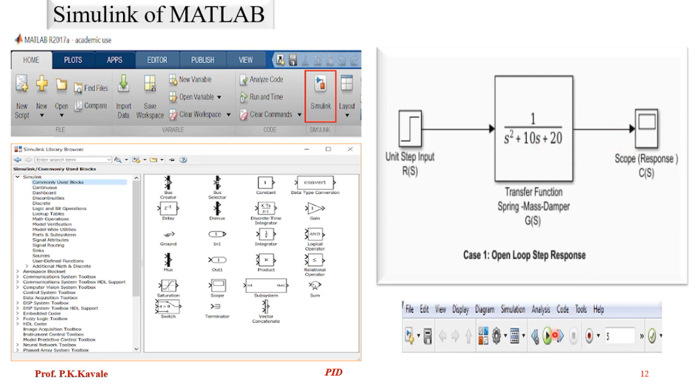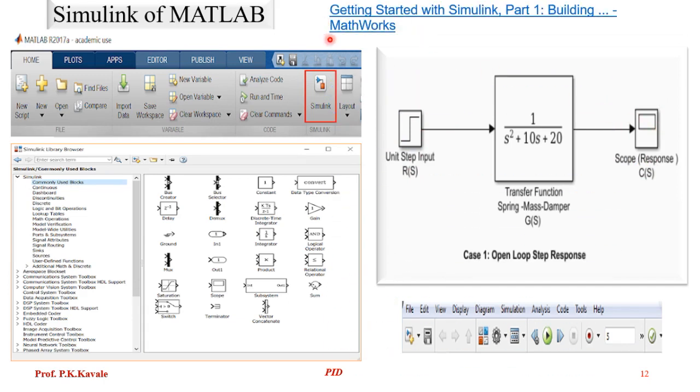Then we run this model. After the run, the output is given by the scope and the input is given by this. If you double click it, we get a response.